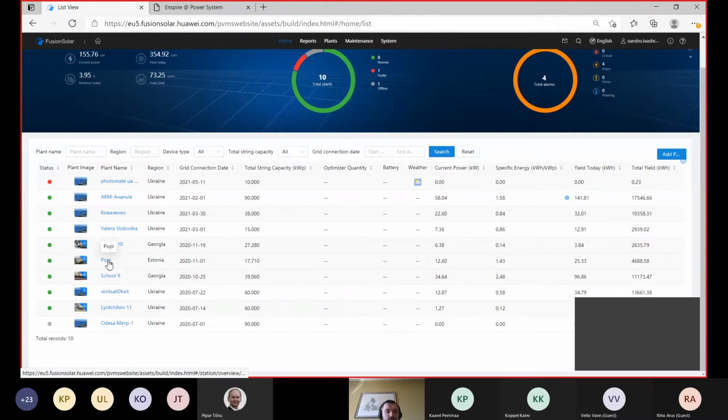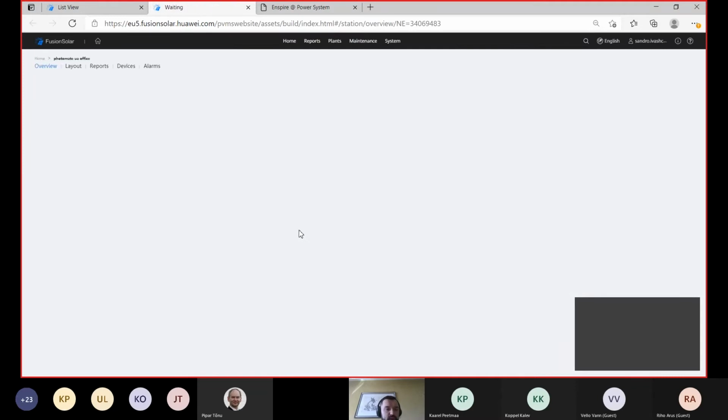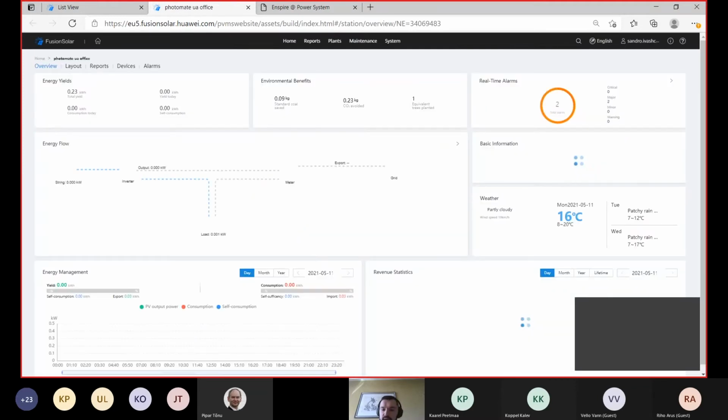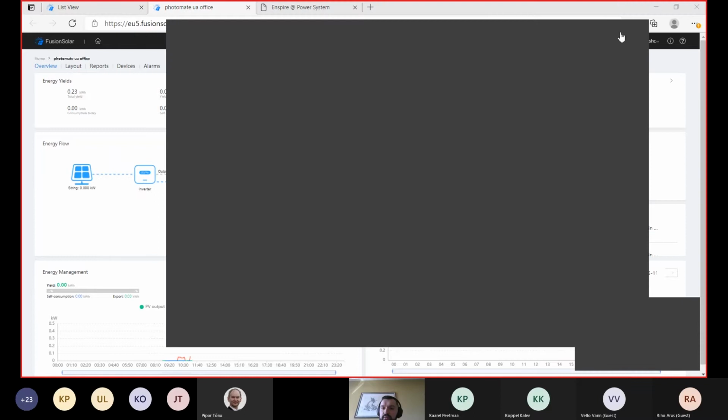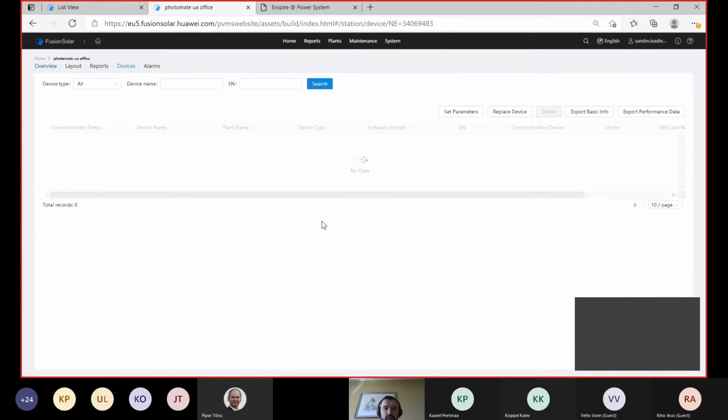So let's check how to set the Estonian grid code. I will show you how to do it from our inverter in the office. Later on, I will try to show my screen of my phone to you in order to be able to show when I'm directly connected to the inverter. But now let's check only from FusionSolar.